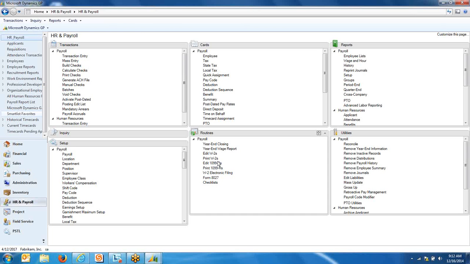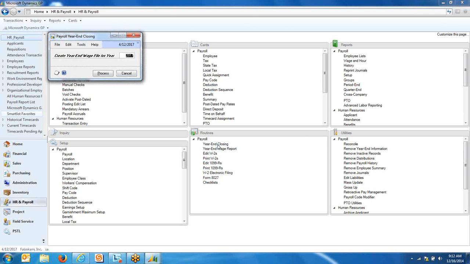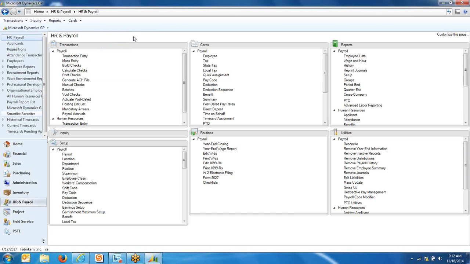Closed. So once you've completed all your 2014 pay runs, go in and select year-end closing. Now I'm working with lesson data, so it does show the process, and it'll go through and create that year-end wage file. Once that is complete, moving over to page 23,